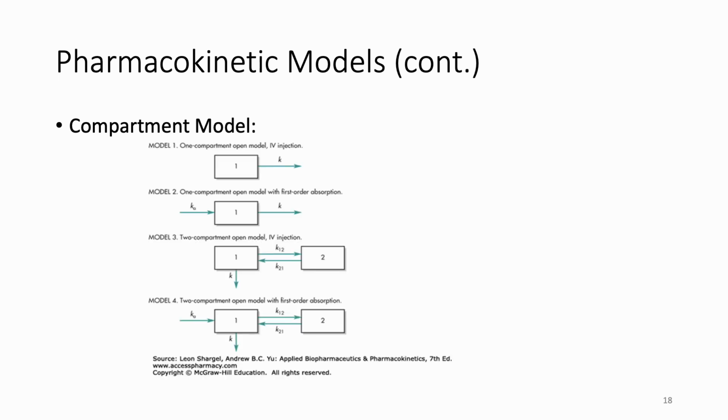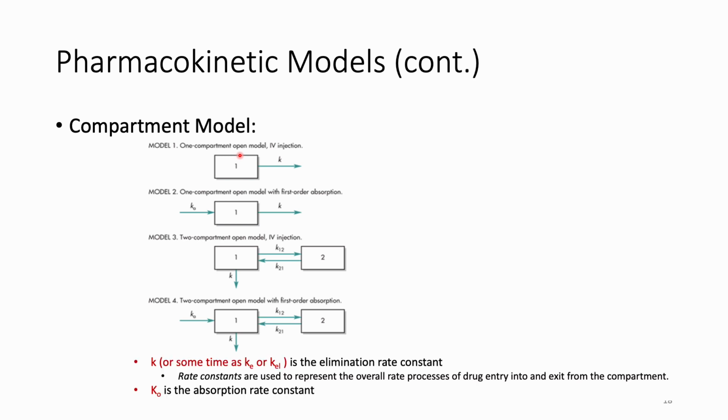This is an example of the models used to represent compartment models. They are very simple, designed with boxes. Model 1 is a one compartment model with IV injection. Model 2 is a one compartment open model with first order absorption. That normally means oral absorption, extravascular